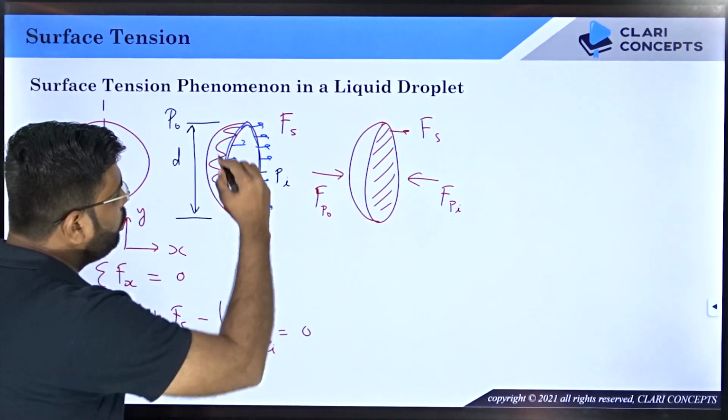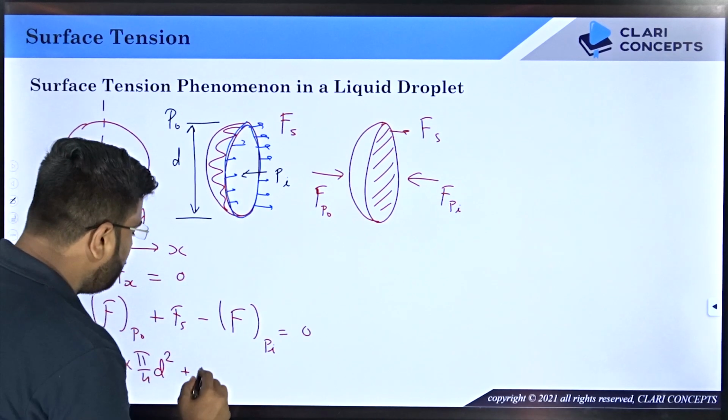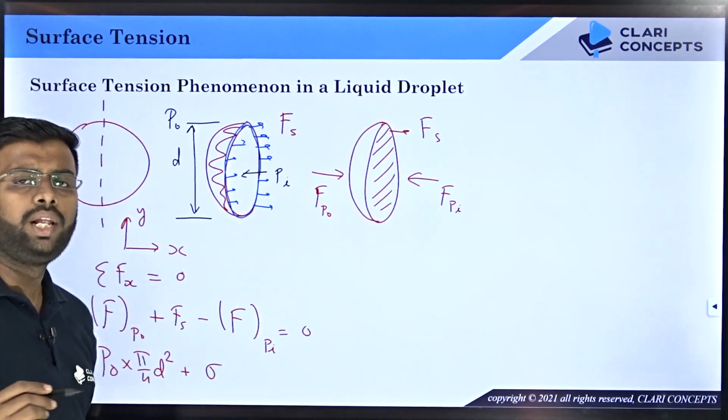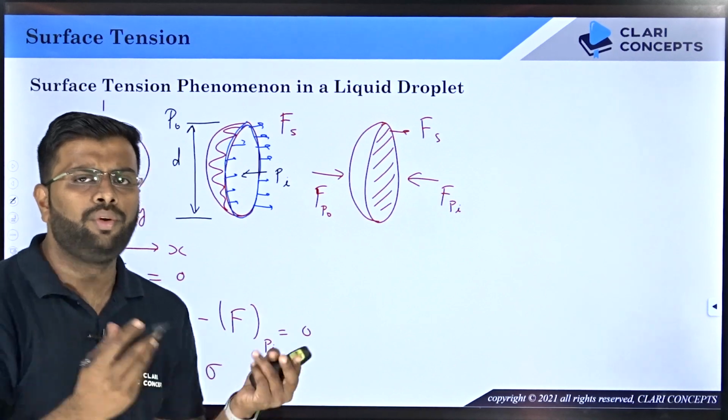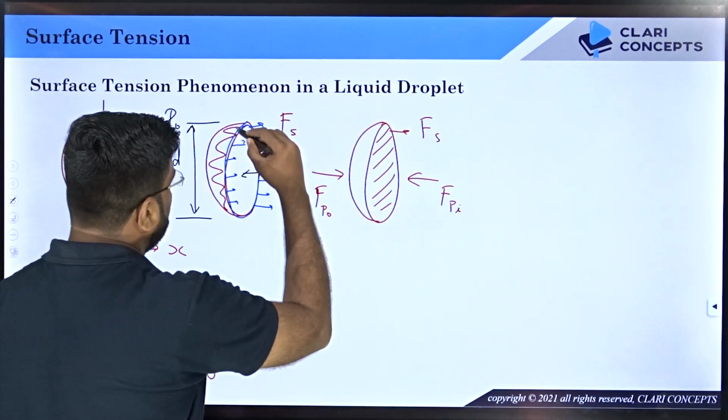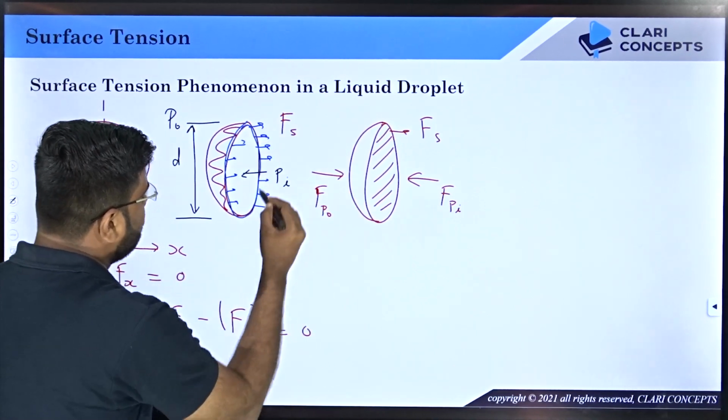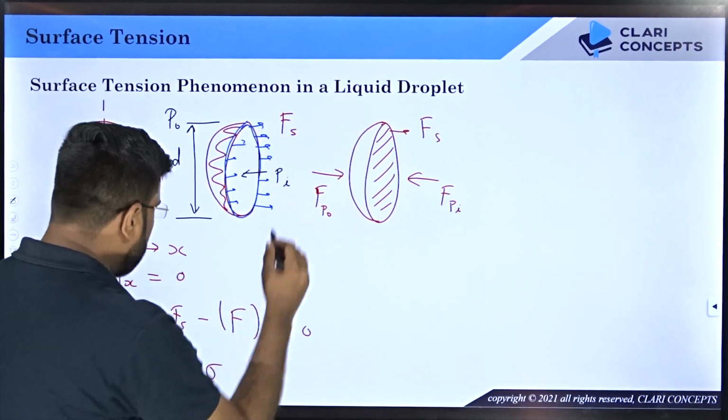plus force due to surface tension. Let us suppose sigma is surface tension coefficient. So sigma will give you force per unit length. So if you multiply length with this sigma, you will get the force, right? So what is the length on which surface tension is acting? What is the circumferential length? It is pi times d